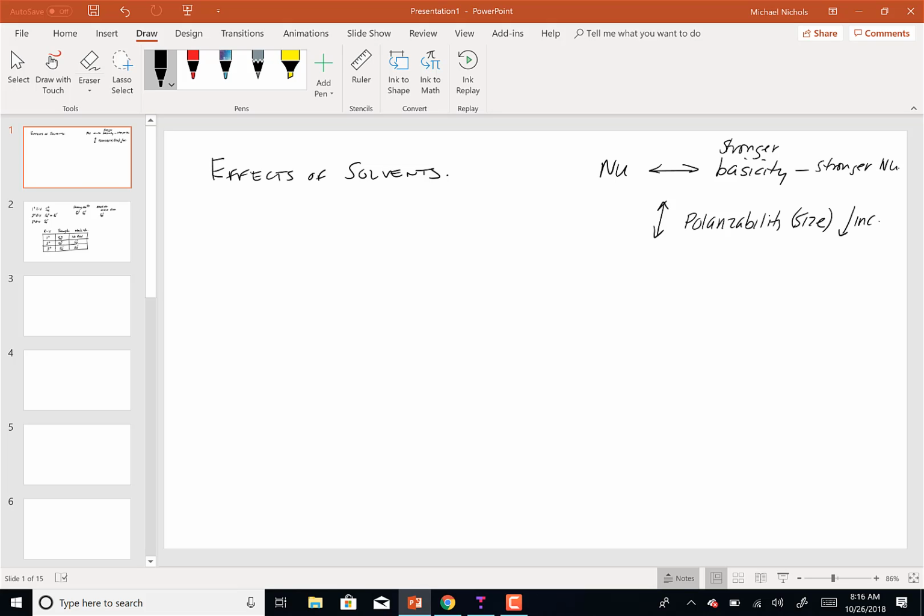Left to right or right to left on the periodic table. So if I have my periodic table, if I have C, N, O, F, S, P, Cl, Br, how does nucleophilicity go horizontally on the periodic table? It's going to increase to the left. We all agree with that? So it increases as you go from right to left. And we have to know that,